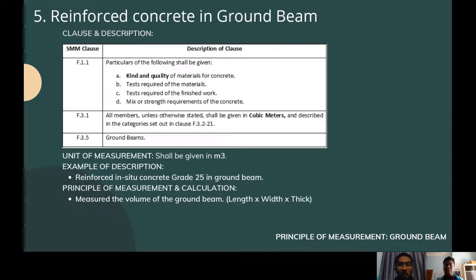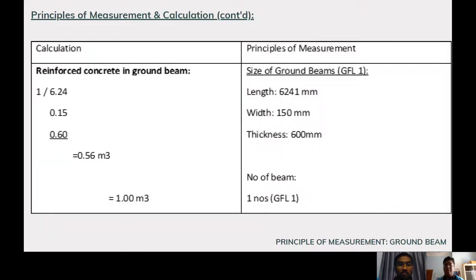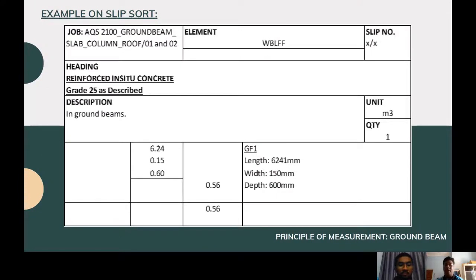This is the same drawing of the ground beam, where we use GFL1. So for the principle of measurement, like before, we need to know the length, the width, and the thickness of the ground beam, and we multiply all that and multiply again with the number of beams, and we get the measurement. So this is an example on the slip sheet that we use to measure the reinforced